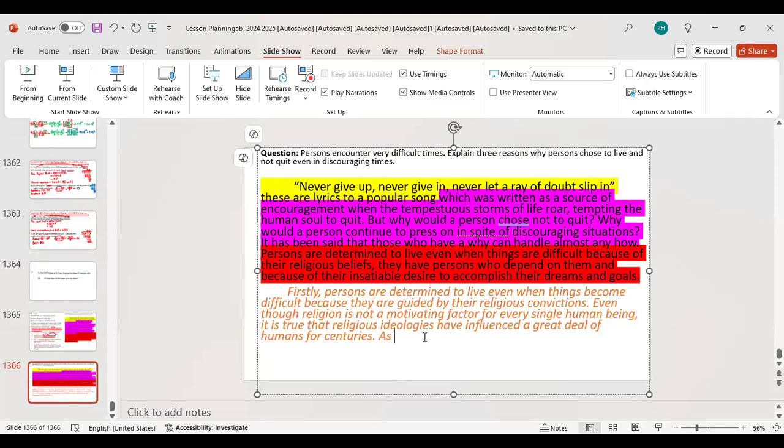As a general rule, all major religions, whether it is Christianity,